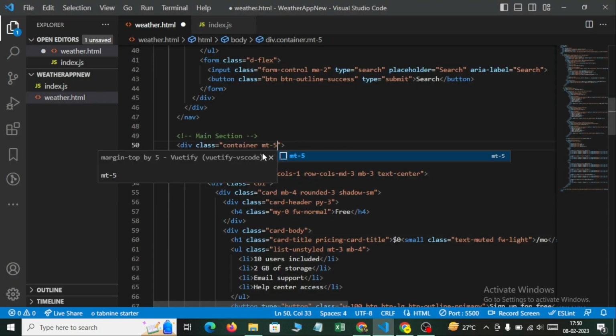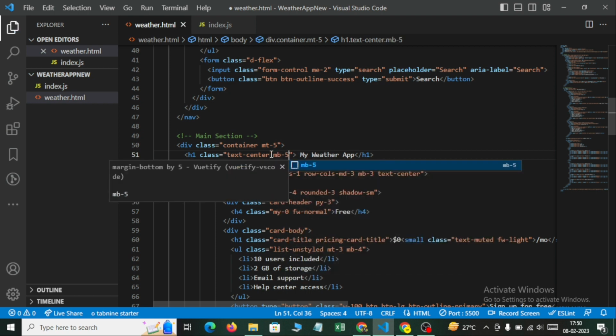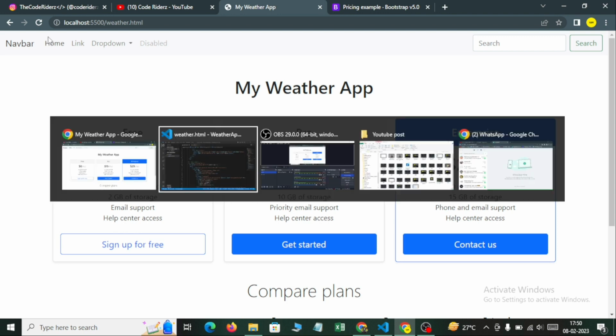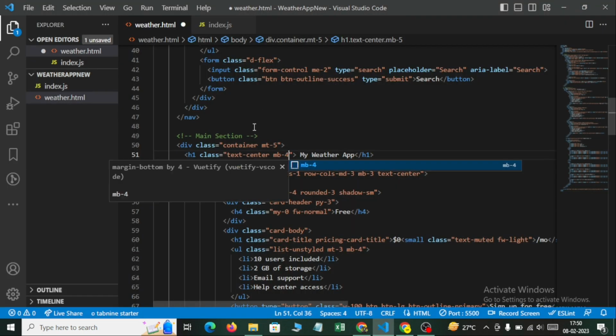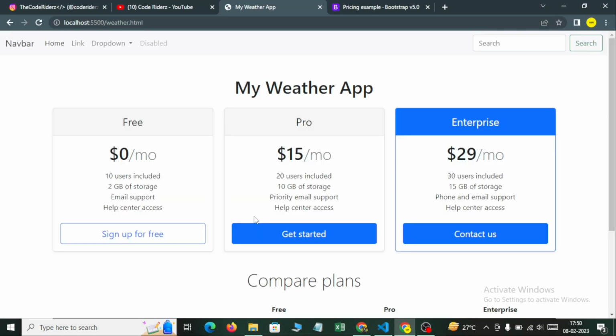Not from here. We'll give margin from here, margin bottom from here. This 5 again, just to 4. 4 is proper. Now we will